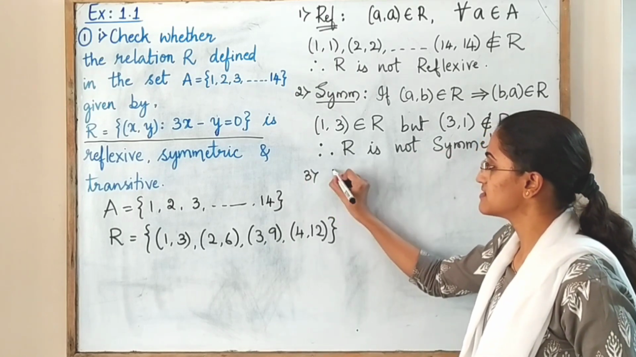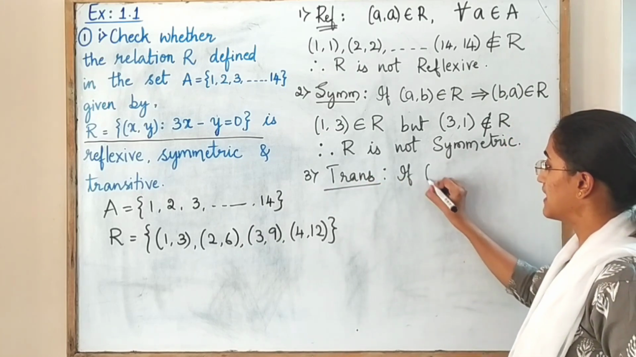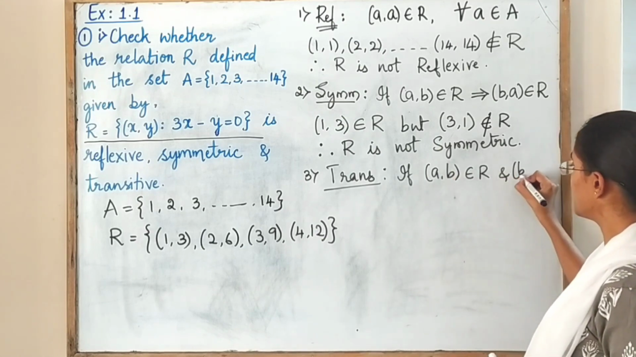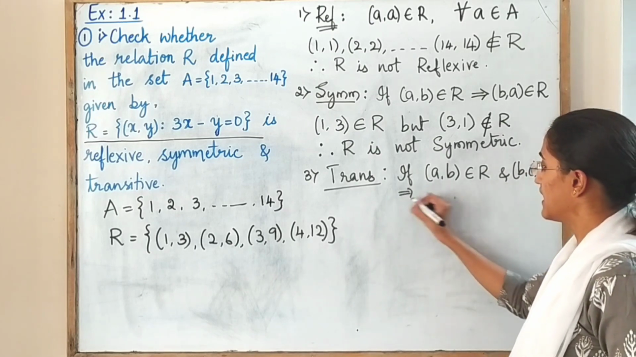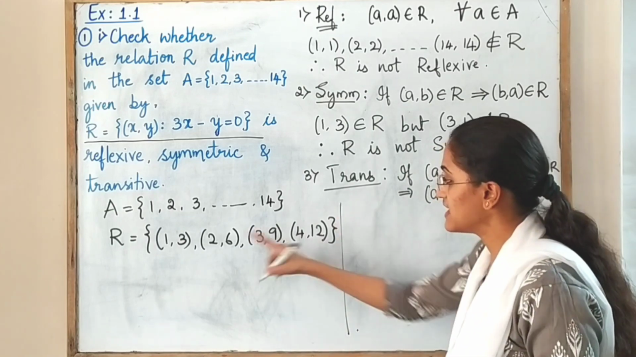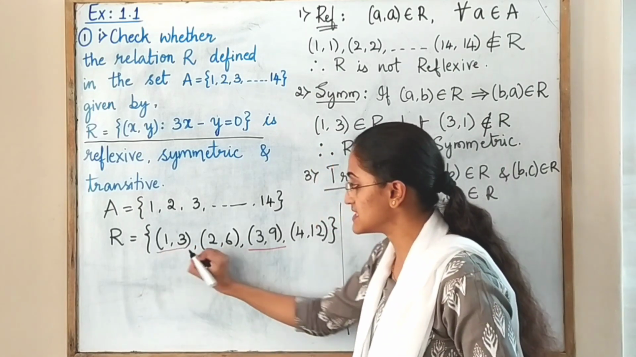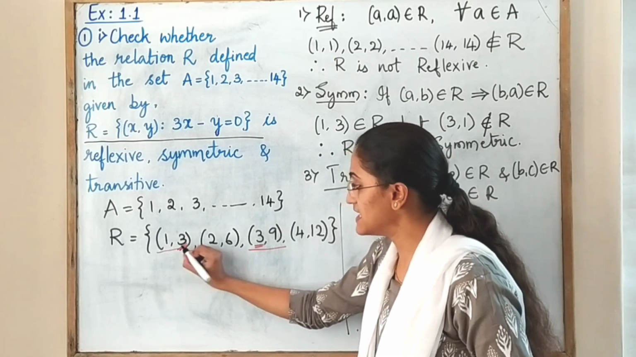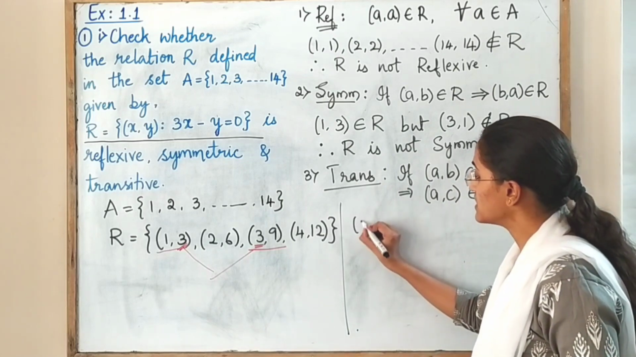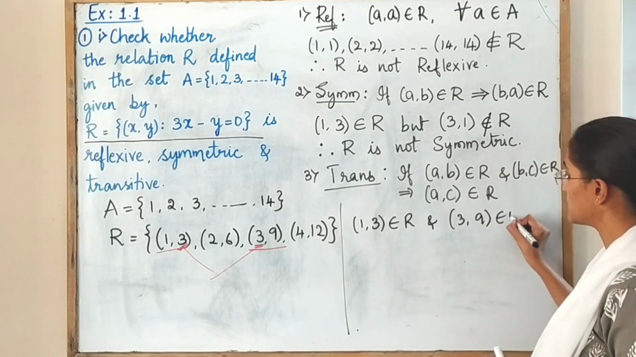Then the third one, that is the transitive relation. As per the condition, if elements of the form (a, b) belong to R and (b, c) belong to R, then the element (a, c) should also be in the relation R. Now you can easily take any two elements from the relation R. I shall choose these two elements, since the second element of this ordered pair and the first element of this ordered pair are equal to each other, and hence (1, 3) belongs to R and (3, 9) belongs to R,